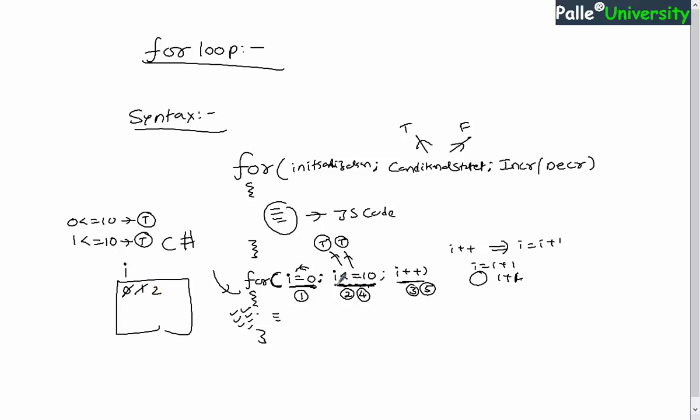Again execution will come into this conditional statement. So i <= 10 means 2 <= 10. Obviously this is true. So since it is true, again execution will come into the for loop body. So on and so forth. 2 will be changed to 3, 3 to 4, 4 to 5, 5 to 6, 6 to 7, 7 to 8, 8 to 9, 9 to 10. So repeatedly this code will be executed.